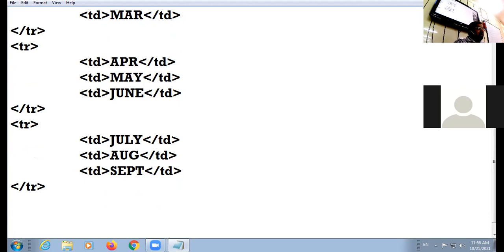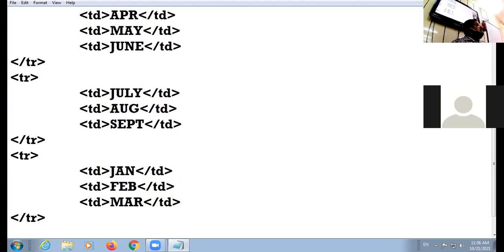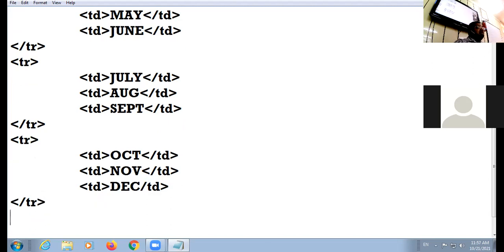Then after that, last time again we copy paste. I have here October. I have November. And last but not the least, I have December. Then this is my last row. After the last row, you close the table tag.